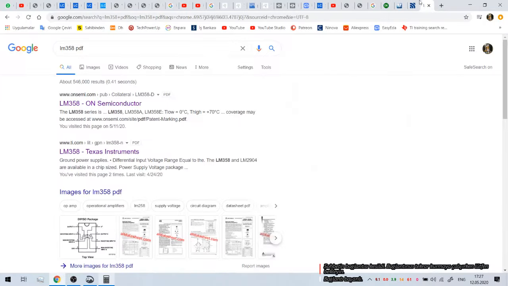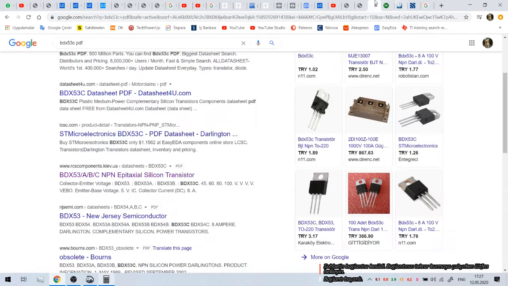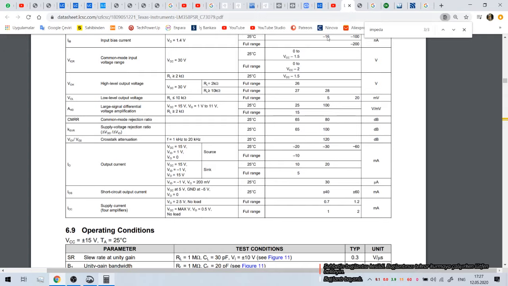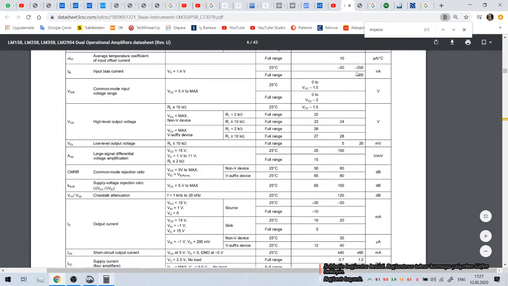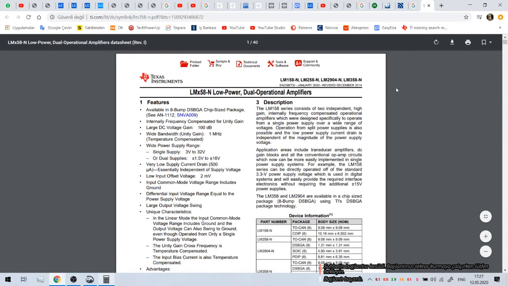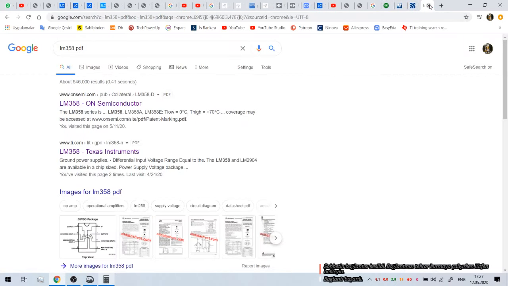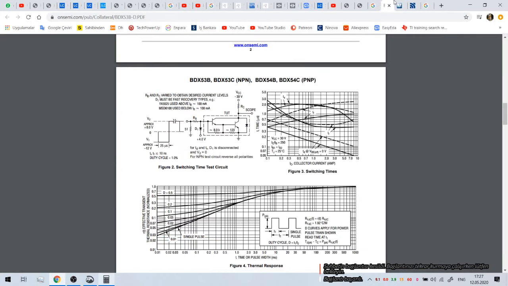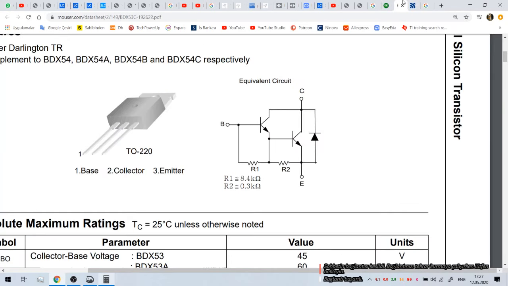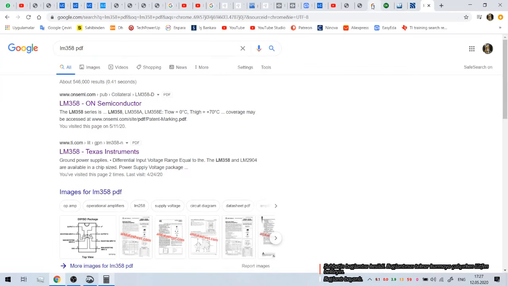This is TI, not. Sorry. This is the same, maybe not. Yes, this is low power. This is N. Okay, but mostly the input impedance of op amps is very high, I can say,